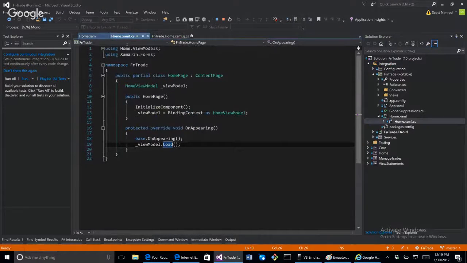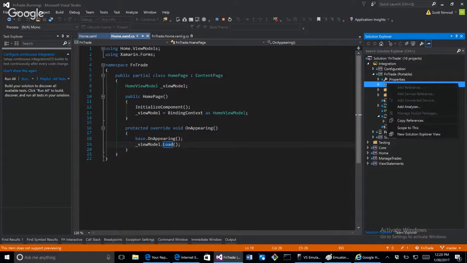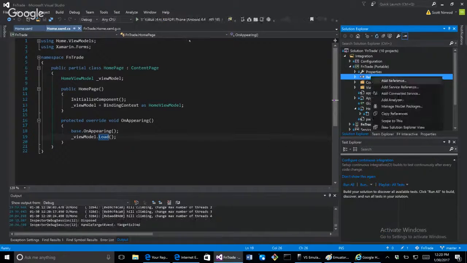Another pain point is the fact that within my Xamarin.Forms application, which is this right here, you notice that it's in C sharp. For whatever reason, I am unable to reference F sharp projects from a C sharp project. Meaning, normally I would go to the references of my C sharp project, and if I go to my Xamarin.Forms app that's in the form of a C sharp project and go to add reference,